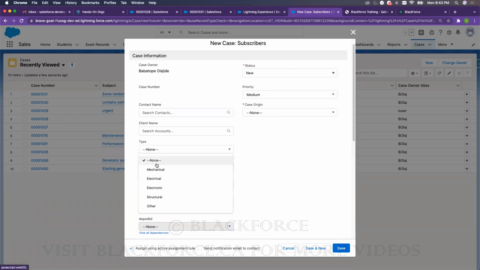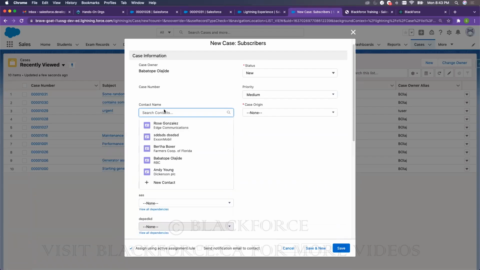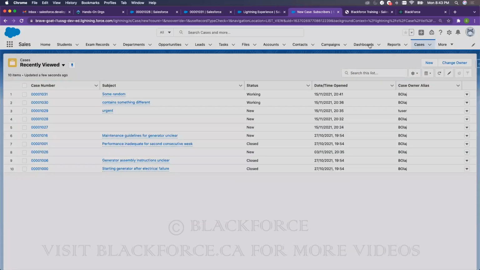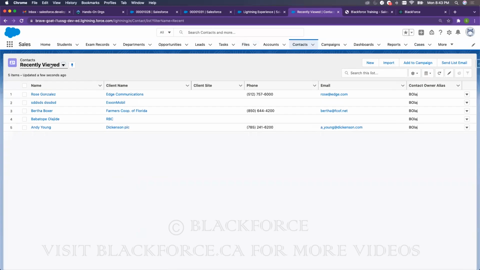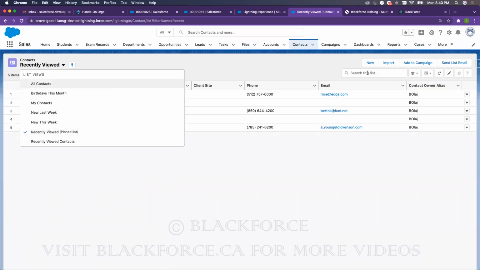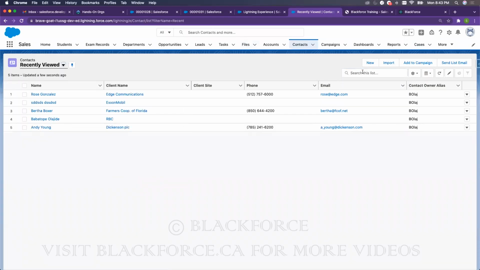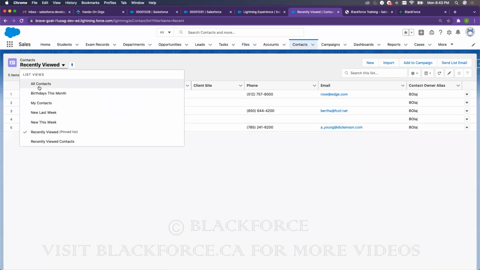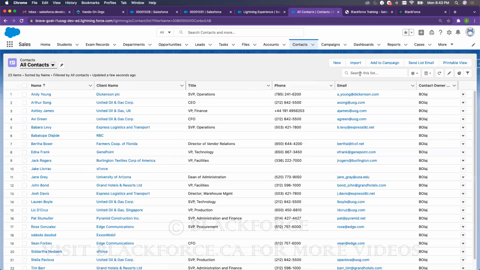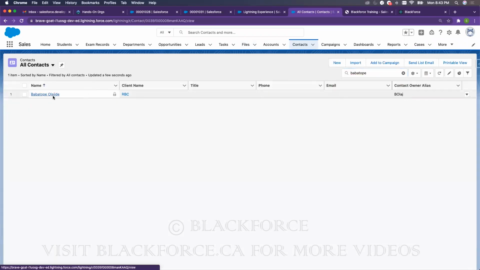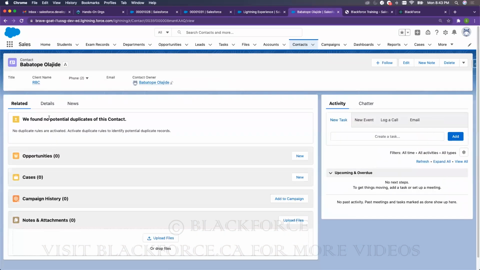Okay, just one minute. I think I know the problem. I need to attach it to a contact. Let me see if I have a valid contact in the system. So let me type in Babatope to see if I have a valid contact in the system, because that seems like a wrong email to put for the case. Okay, let's use the right case, a